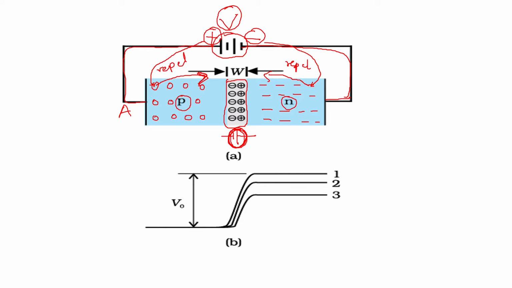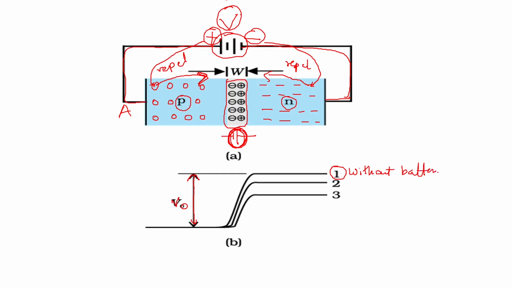As a result, the depletion layer width decreases as you increase the applied voltage. Clear? Now figure B shows that as the depletion layer width decreases, the barrier height is reduced. The effective barrier height under forward bias is shown here. So here you can see positions 1, 2 and 3. The first position, this height, is the voltage. This will be your barrier potential without battery.